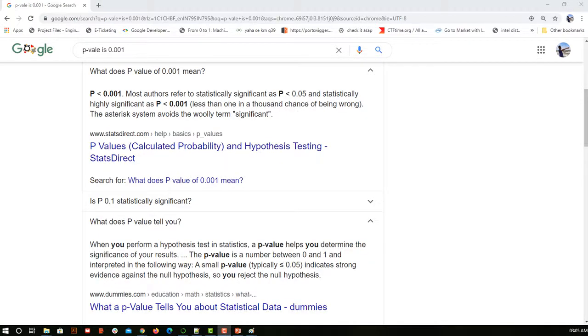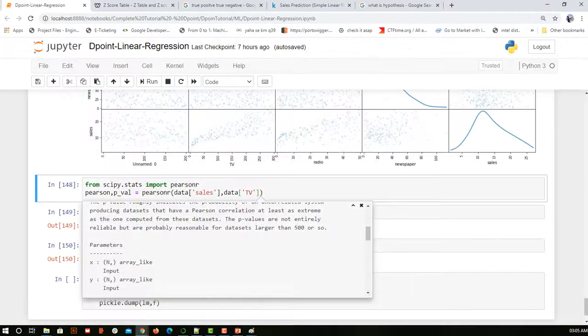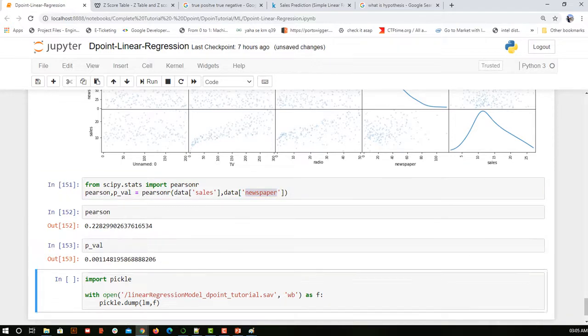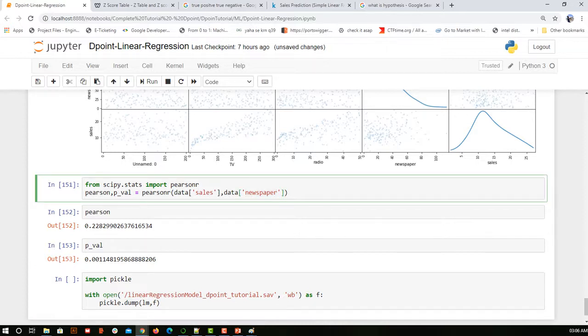It means based on the value that we get, there is a very rare chance that it will be wrong, but as per our conclusion it is saying that it is not contributing much. If you can see in the documentation, if I click shift tab, we got 0.001 for newspaper, which means it is good for us. But if I look at my complete research that we did so far, newspaper was not contributing much.